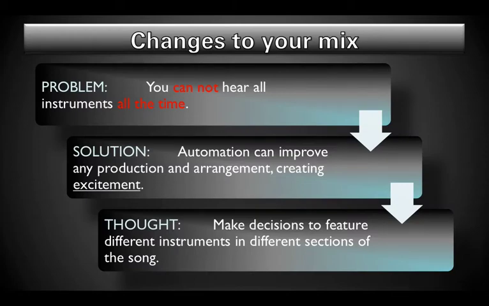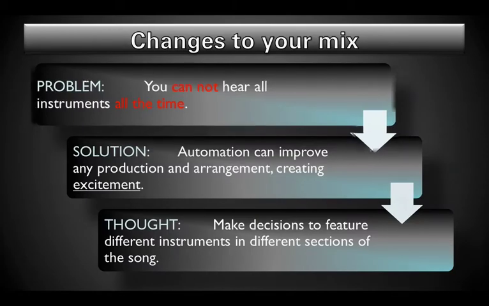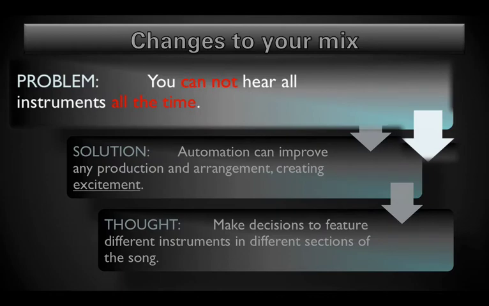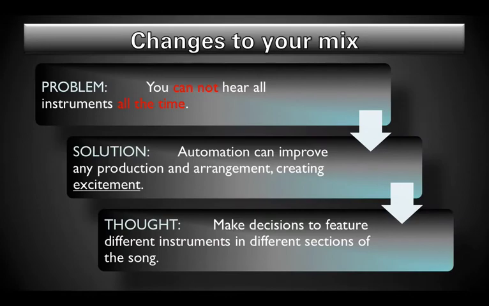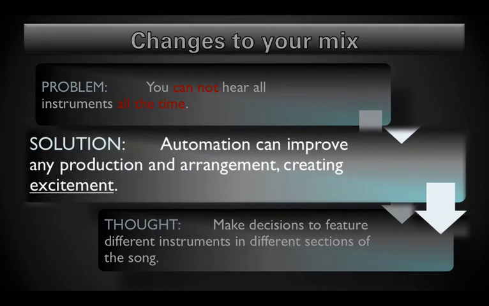Now, one thing that's always a problem in a mix is that it's impossible to hear all the instruments that are playing at the same time. One simple solution, and this is where the additional automation that I mentioned earlier comes in, is that even if a guitar and a piano, for instance, play through an entire verse together, it does not mean that they have to stay at their balance through this verse